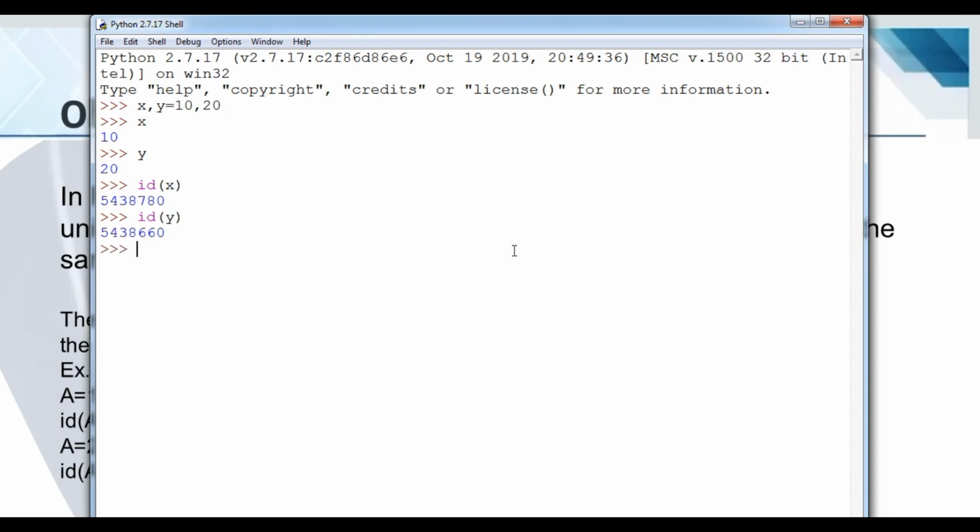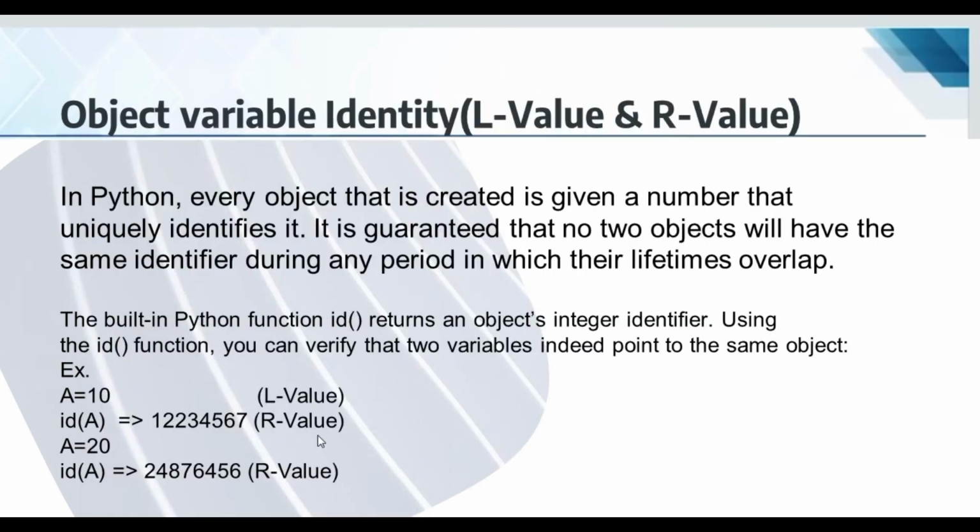So if different values are there, the variables get different addresses. These are memory addresses, which can be read by the Python interpreter. This is known as the R value.